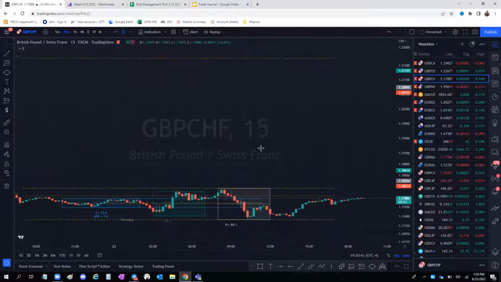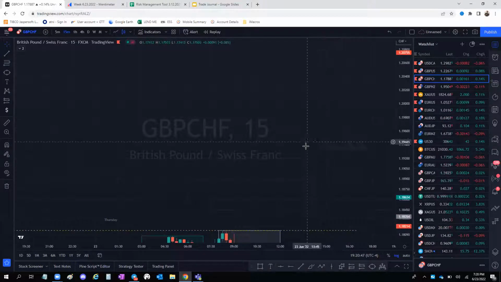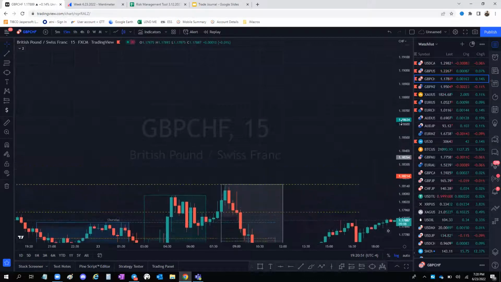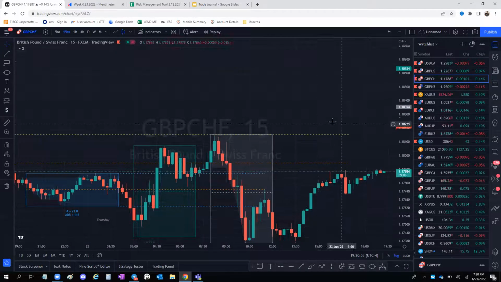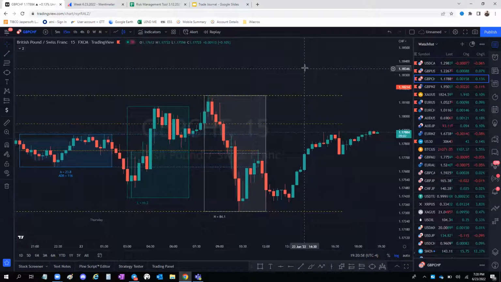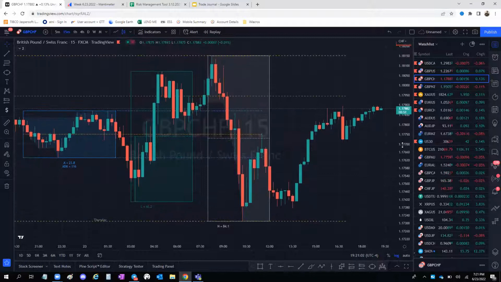This is going to happen to you at times. You would see a nice setup that's not in alignment with your directional bias, and you miss a trade. Big deal. You're going to get more opportunities. And this comes with, I believe, practice and experience, because if you're now learning the method, you're going to be